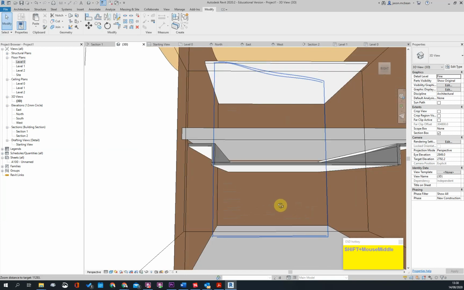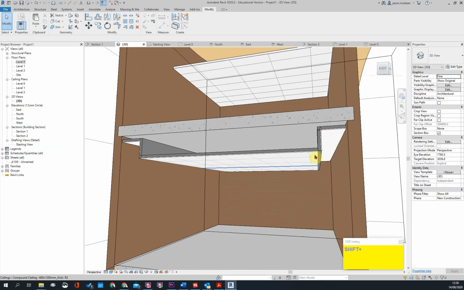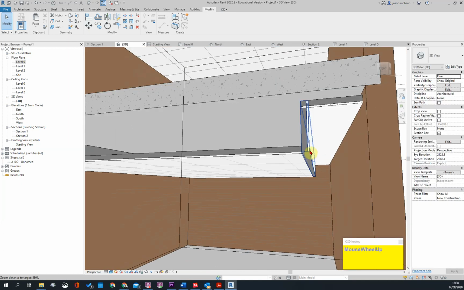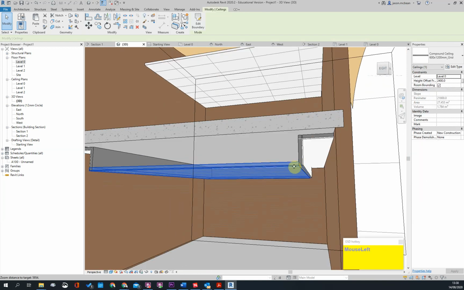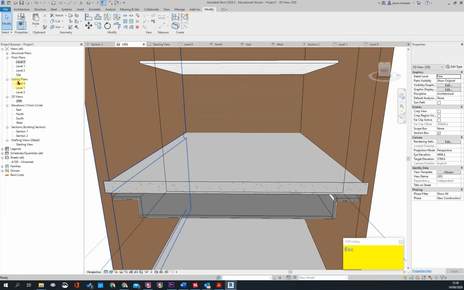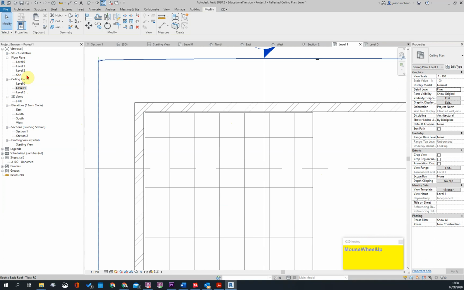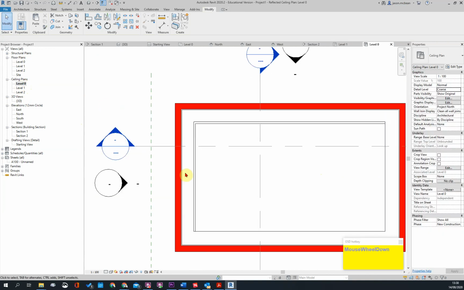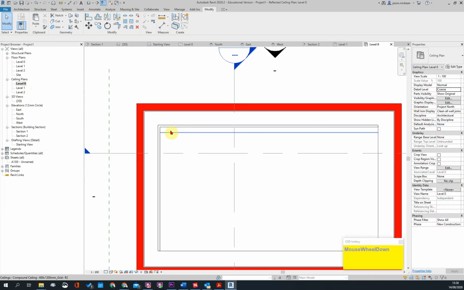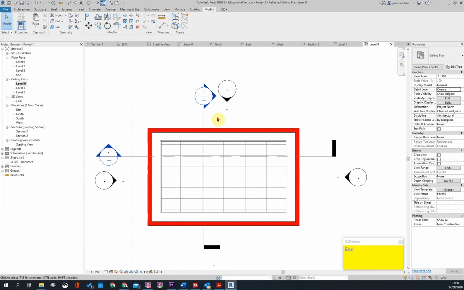So here you can join the whole, so here's your bulkhead, here's your ceiling, and here we usually wrap this round a bit. There's usually a 25 mil where this wraps round. Okay, and this will be offset from there by 25 mil. So if we went to your ceiling plan now, for example, for ground floor, here's your bulkhead level, here's your shadow line, and then your ceiling starts. But it doesn't matter,